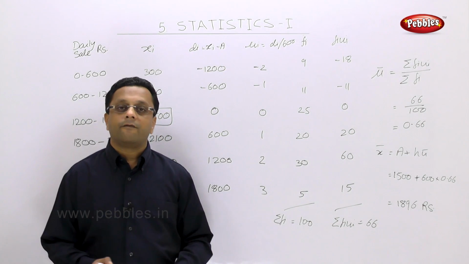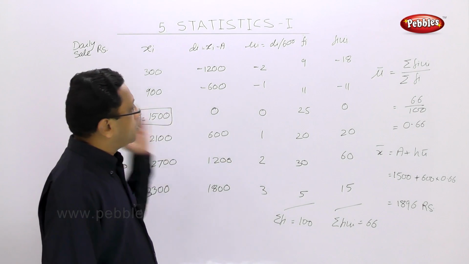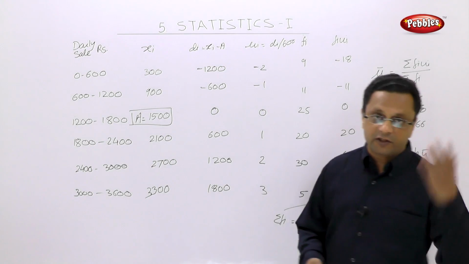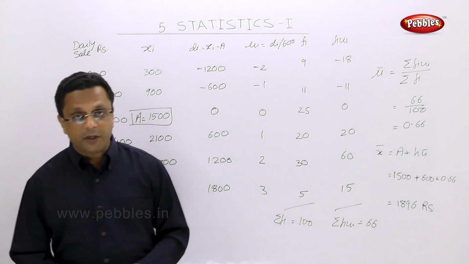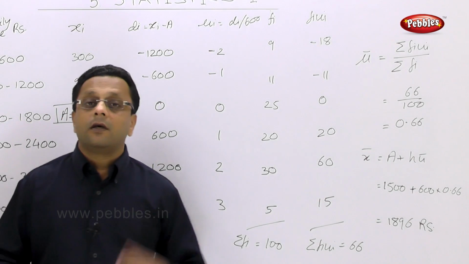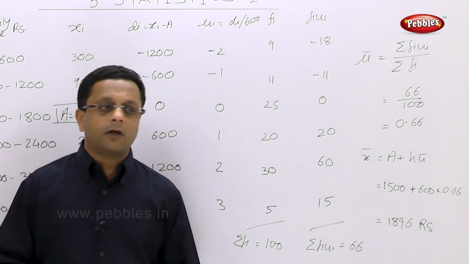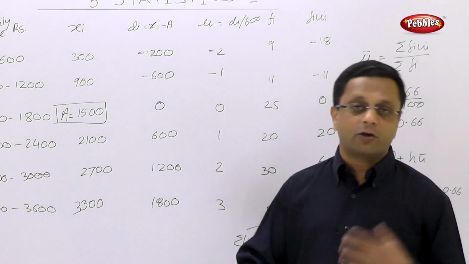This is my final calculation. Okay, so we have seen how to find out the mean by three methods. One is the direct method, one is the assumed mean method, and the third is the step deviation method. So now let us see what are the plus and minus points of mean, that is pros and cons or